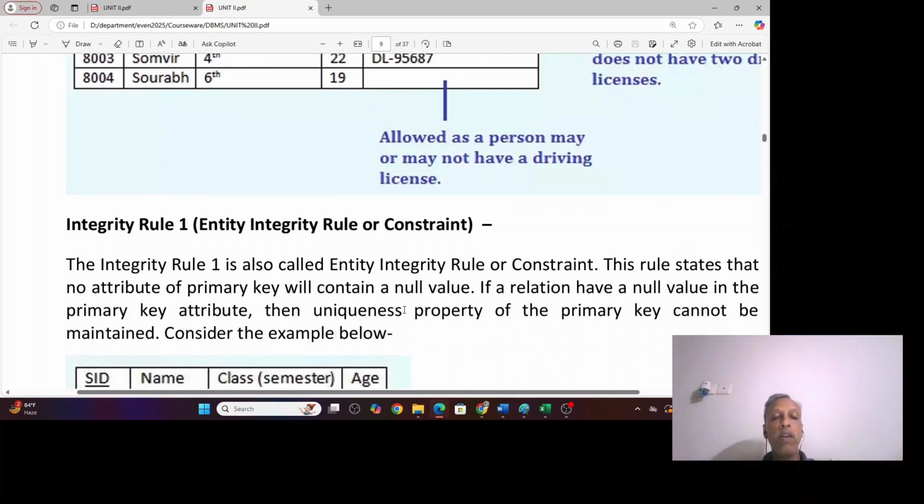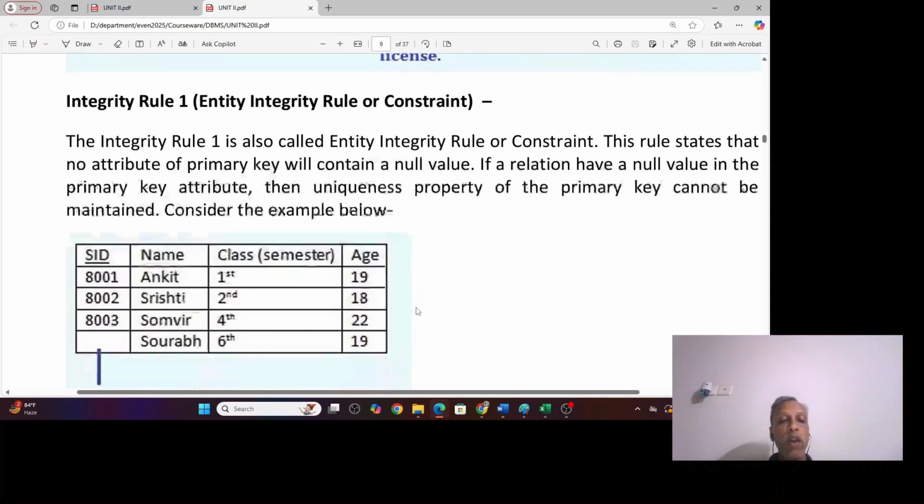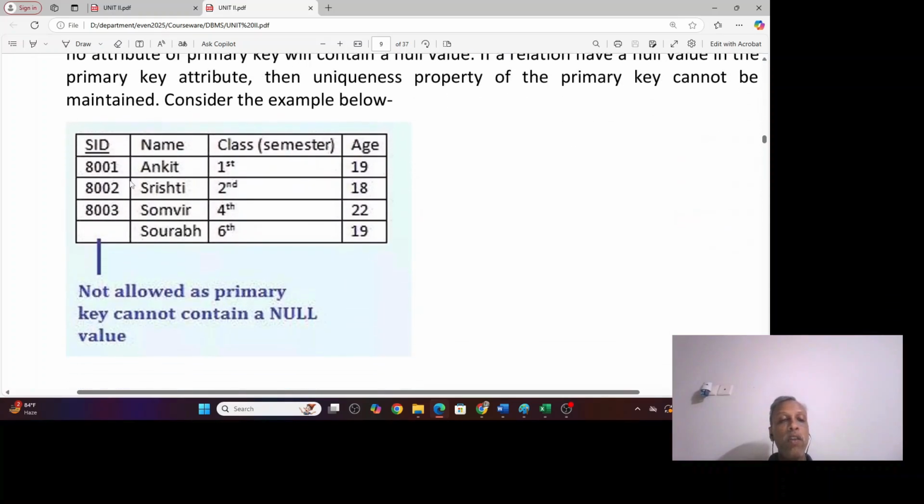Integrity rule 1, entity integrity rule or constraint. Integrity rule 1 is called the entity integrity rule or constraint. This rule states that no attribute of a primary key will contain a null value. If a relation has a null value in the primary key attribute, then the uniqueness property of the primary key cannot be maintained. Consider the example below. Here the student ID